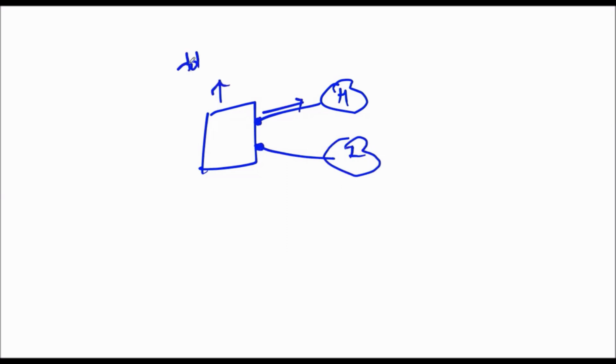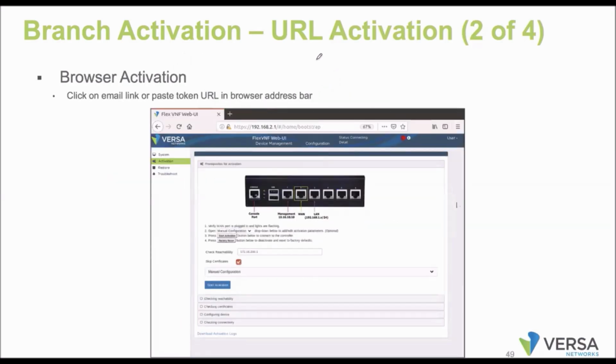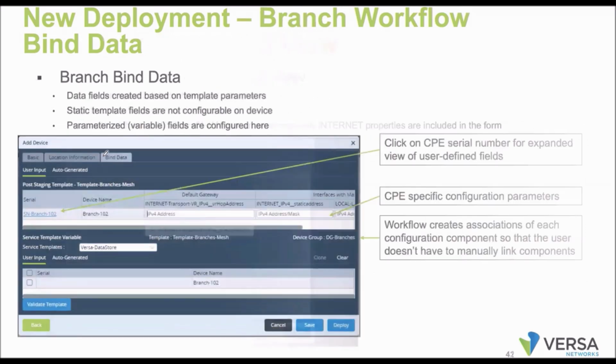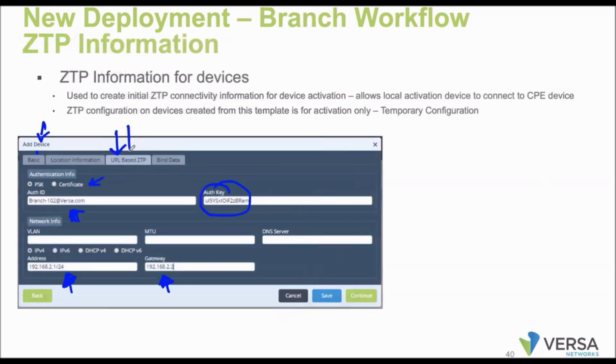So this we are going to configure as a part of the token, right? If you look at this token information, here we are going to mention what WAN IP address you are going to use. Under the URL ZTP, you have that IP. What is the IP address you are going to use on the WAN interface, and what is the gateway. There is only one interface on the branches which is connected as a WAN for the ZTP. So whatever you configure here, the same IP address will be applicable on this WAN interface. If you are onboarding with MPLS, we'll mention the MPLS IP address. If you are onboarding with internet, we'll mention the internet IP addresses.